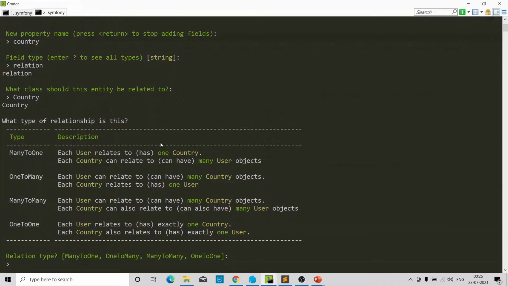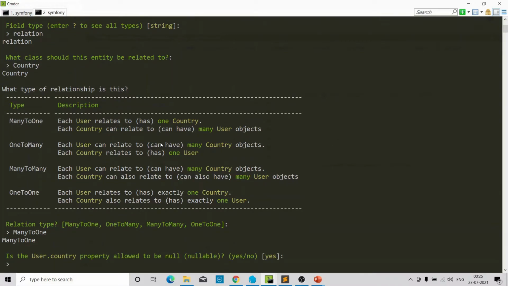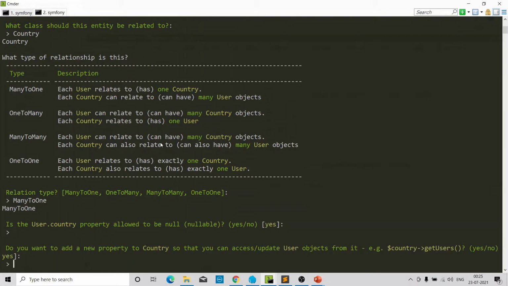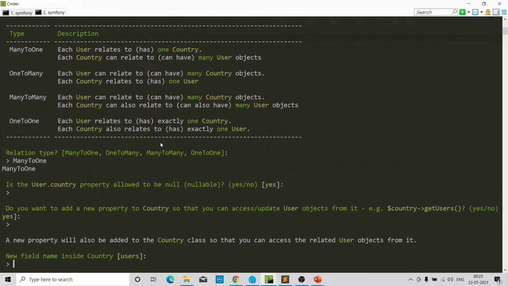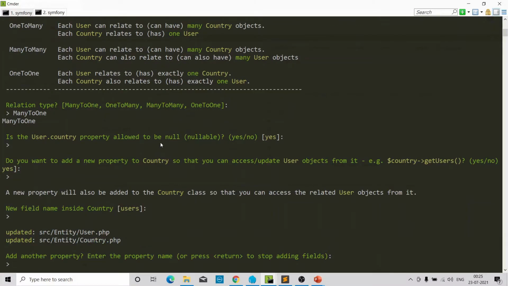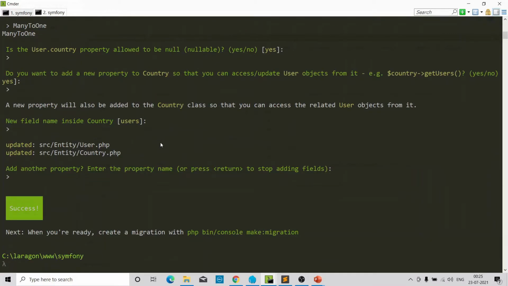In this case, we will choose many-to-one. And that's it. Now we will run the migrations command.